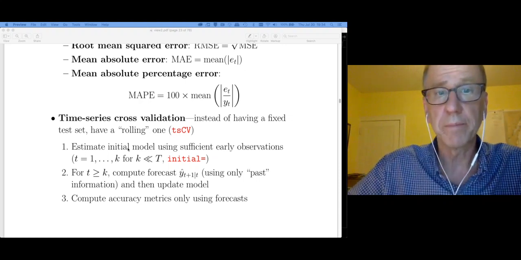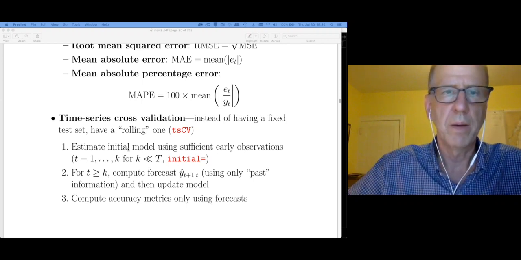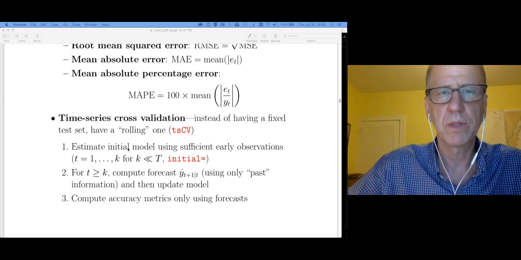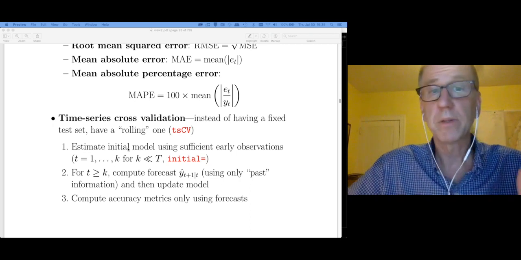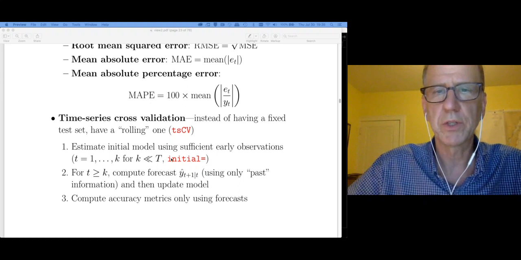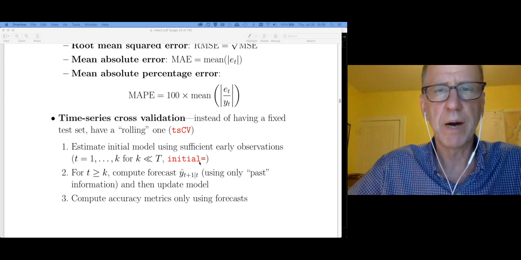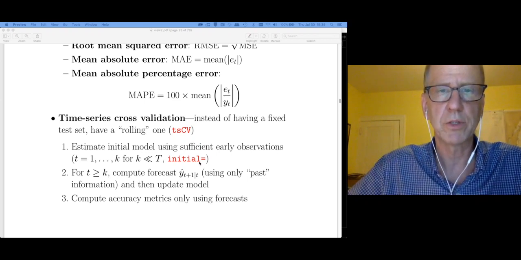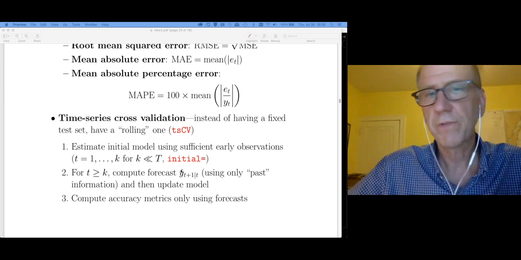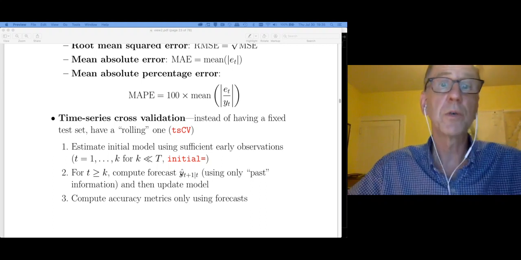So we're going to begin with some initial set of cases that I use to build, call it an initial model. So sometimes with the simplest estimators, that model might only take one observation to train. Other times it might take, say, 10 observations, and I would set that with this initial option. Okay, so now I have an initial model with the first few observations. Then what I do is I forecast the next observation. So if I have an initial data set of 10 cases, I use the first 10 cases to estimate the 11th